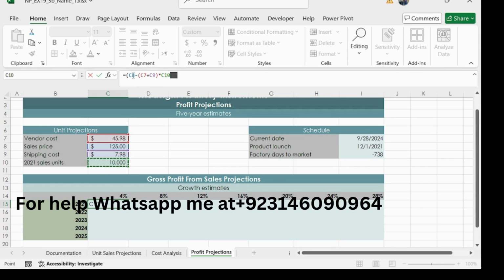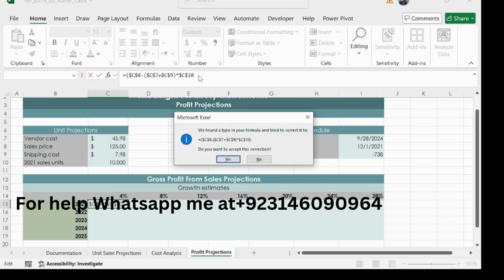Use absolute reference to each cell in the formula. So go to C8 and then press F4 for absolute reference, and go to C7 and then press F4 for absolute reference, and for cell C9 F4, and in C10 F4 for absolute reference, and then press enter.